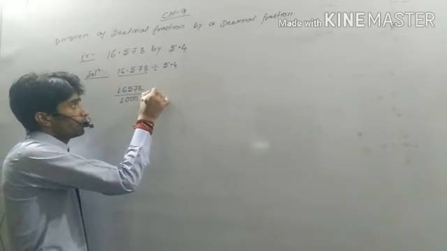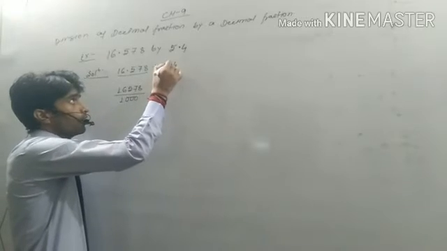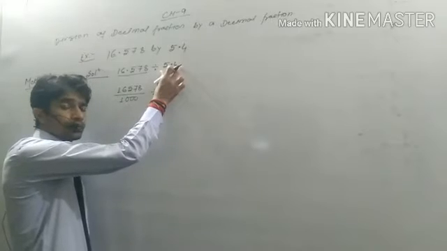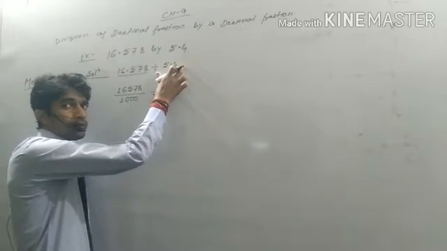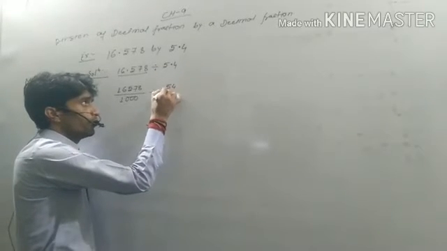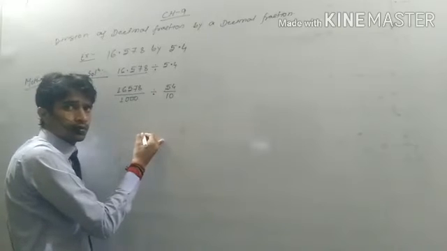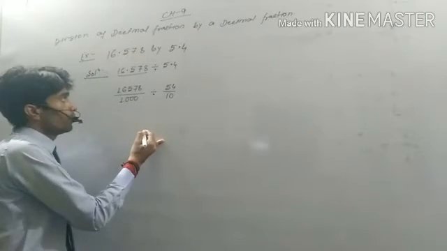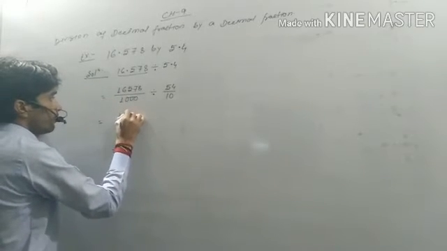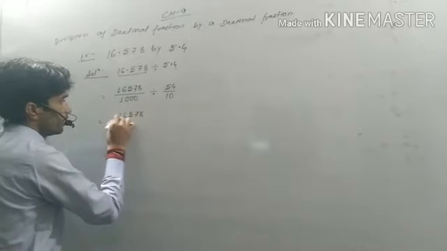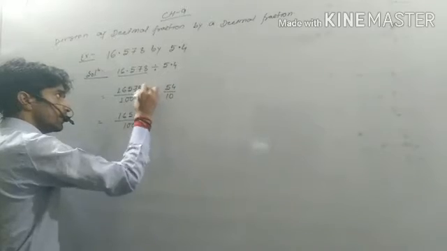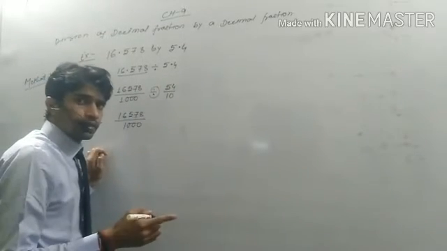Okay, and now divide. Here is 5.4 and this decimal fraction change into fractional number. So here is 1 place of decimal. So write here numerator without decimal 54 by 10. Is it clear? So now 16,578 divided by 1000 and change the division sign into multiplication sign.